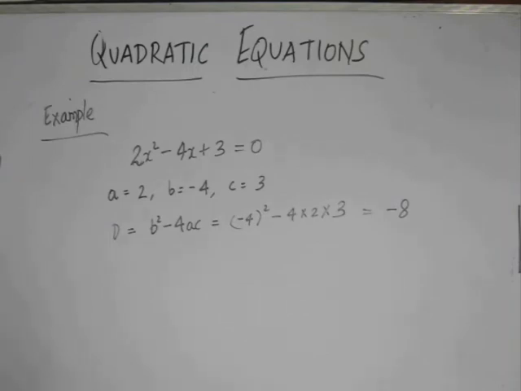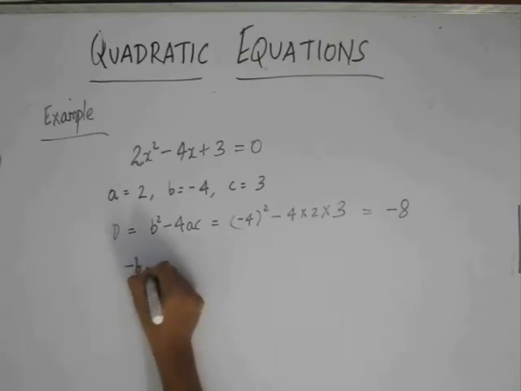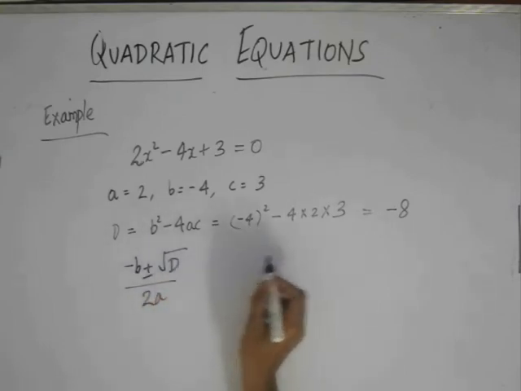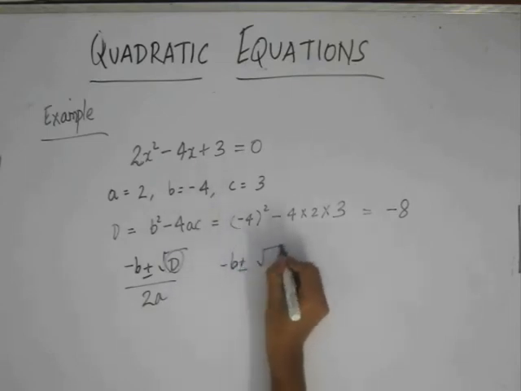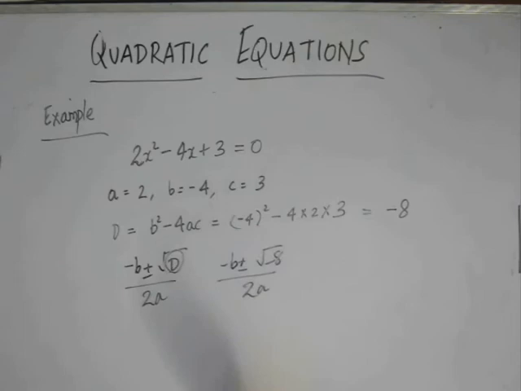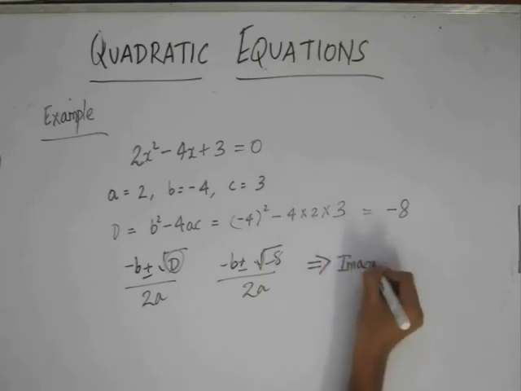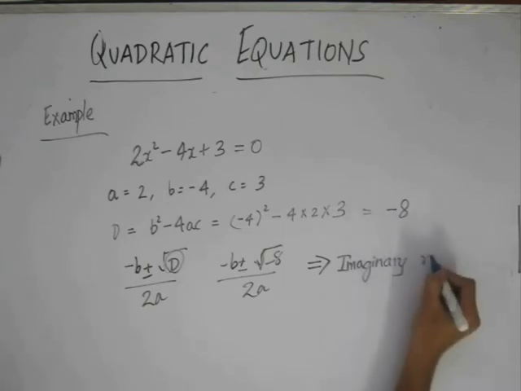As we saw earlier, if the discriminant is negative, then obviously this given equation will have imaginary roots, because the roots, as we described earlier, are given by this particular formula. Since this minus 8 will come here, this will become minus b plus or minus root of minus 8 by 2a, and there is no definition of the square root of minus 8 in the real number system. So this would give rise to roots which are not defined in the real number system, and this equation hence will have imaginary roots, and there will be no real roots for this particular equation.